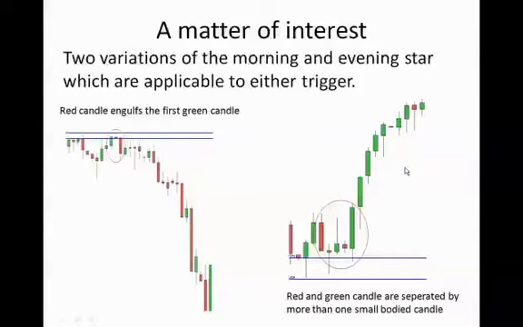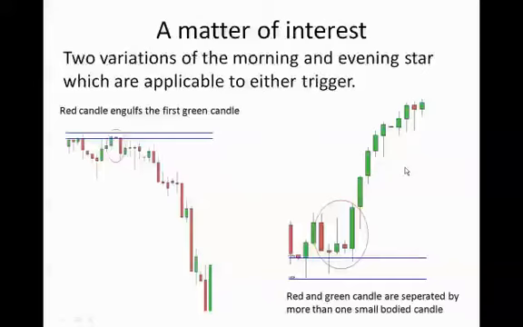On the right-hand side, I've given an example of another type of bullish candle pattern. You can have up to 4, even a stretch, 5 small-bodied candles between the first red candle and the last green candle to give us the morning star. So the rules are